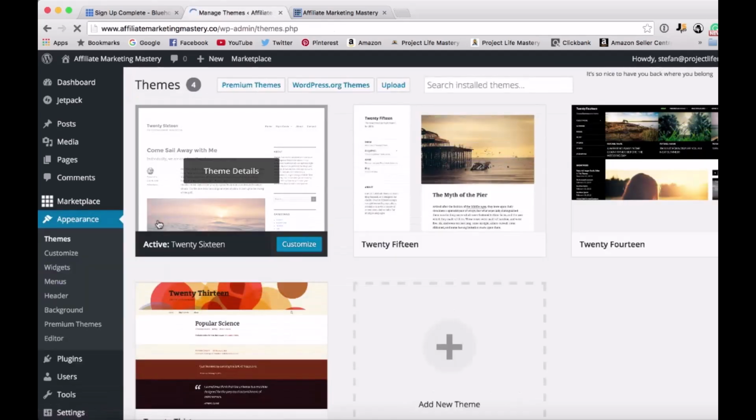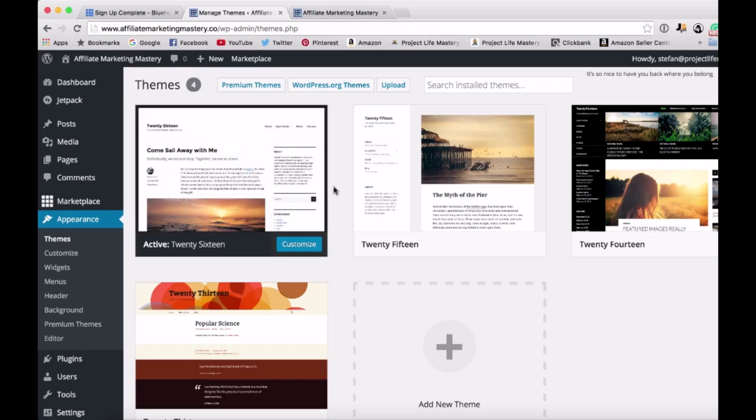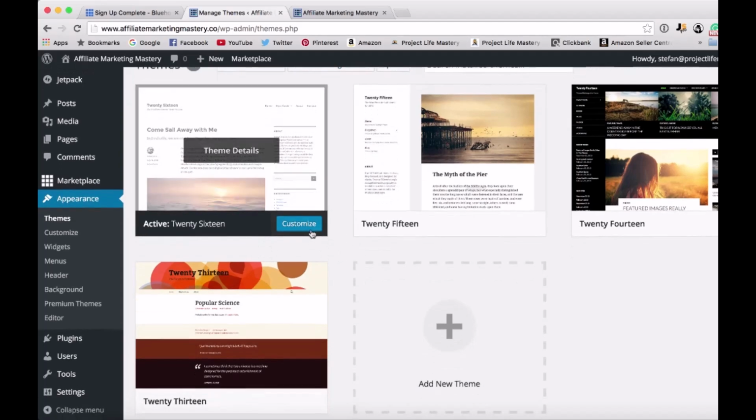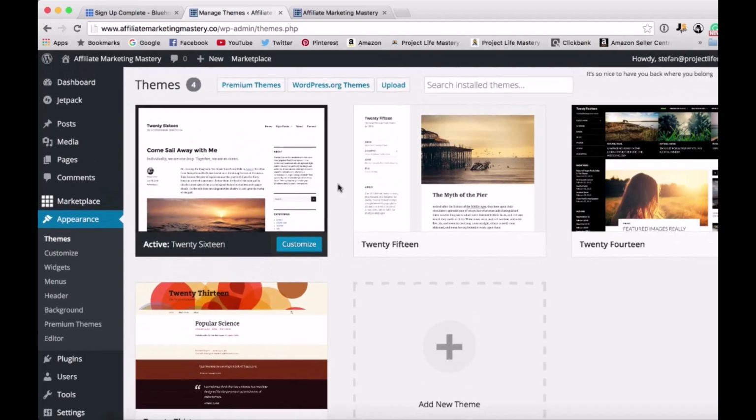Now, there's different themes that you can install for your blog. This is basically the layout and design of your blog. As you can see, we've got this basic one that's active right now called 2016. You can customize that theme if you choose. There's some other default themes that come with the blog. And I'm going to cover themes a little bit more in another video, and how to really customize the design,